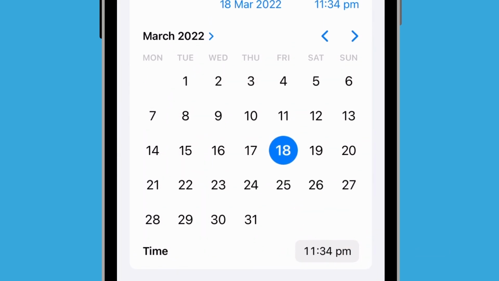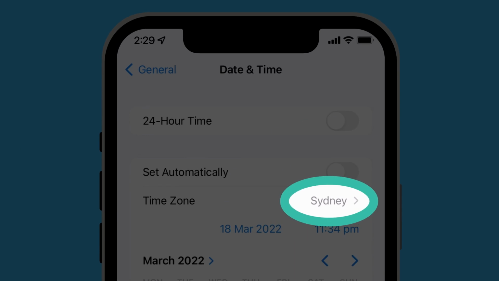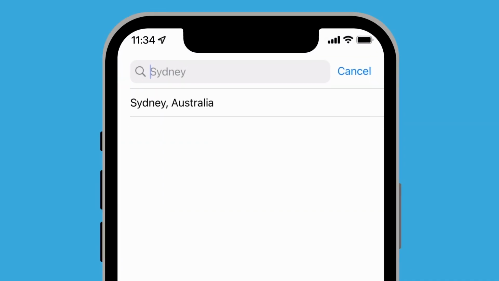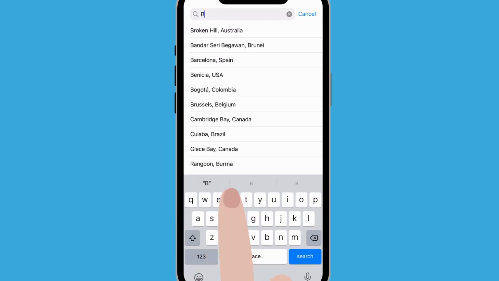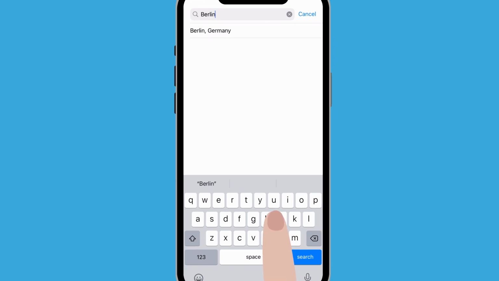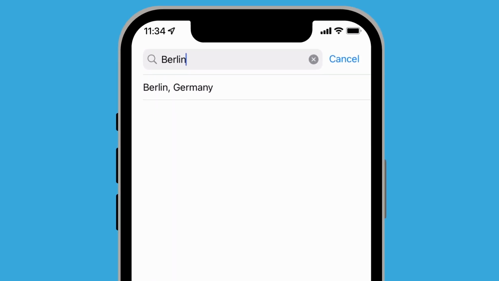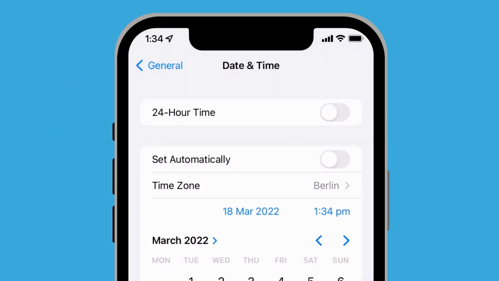To change the time zone on your phone, tap the name of the city above the blue date and time text. Next, use the keyboard to type a location. When the name appears under the search bar, tap it to set the time and date for that location.